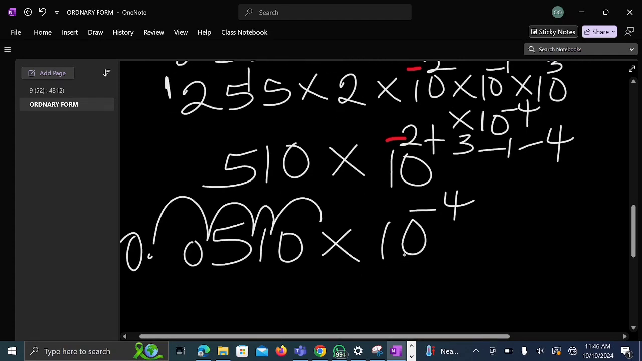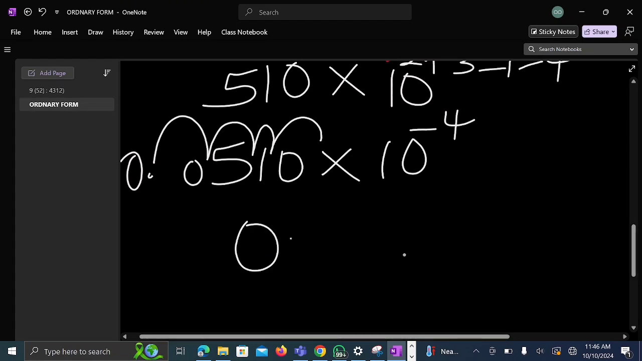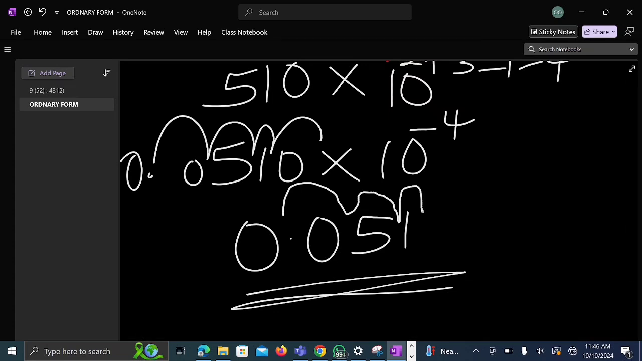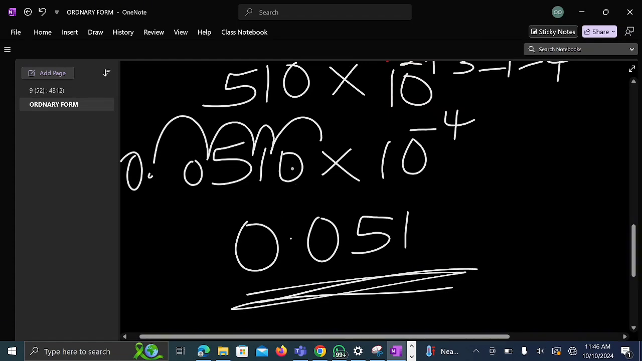So the answer is 0.051. You can check to be sure you are correct. 4 places: 1, 2, 3, then 4. That is the last 0 that is here, right? So that confirms your answer